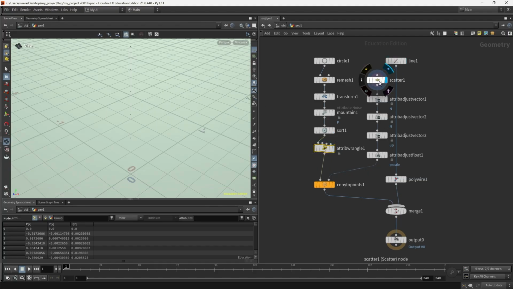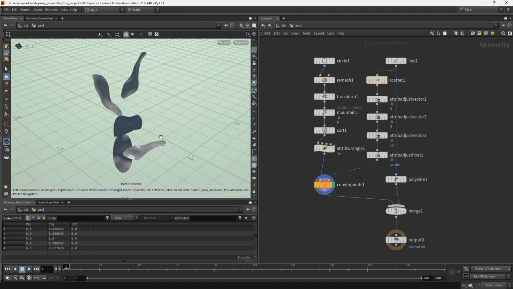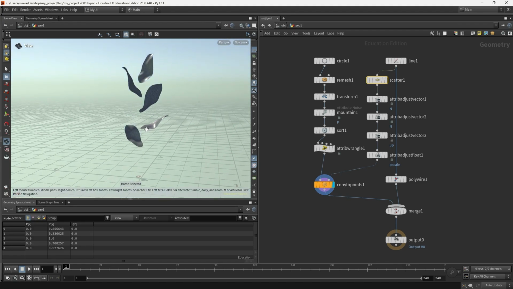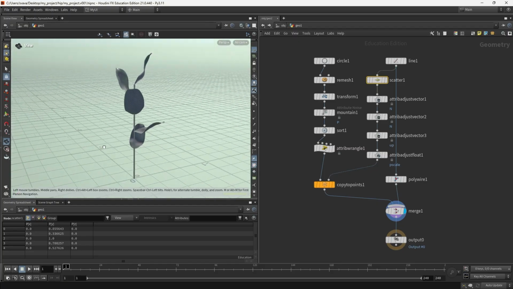We scattered some points onto this line, gave the points some attributes, and copied the circles onto the points. And then after giving the line some width with a polywire, we merged it with the circles, and we have a branch.